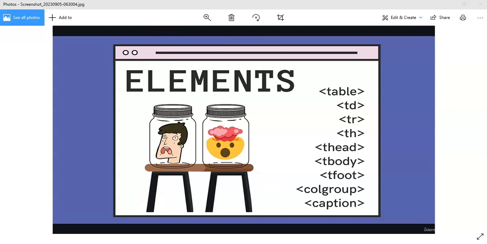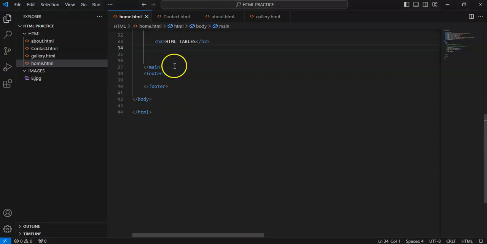Welcome back. So we're going to start by defining, let's start with the table element itself. So over to our VS Code, we're going to write a tag. I already have an H2 here, HTML table. So table element abbreviation brings it up for me completely. I open. Now when you define, the first thing you do is to define the table elements before you write